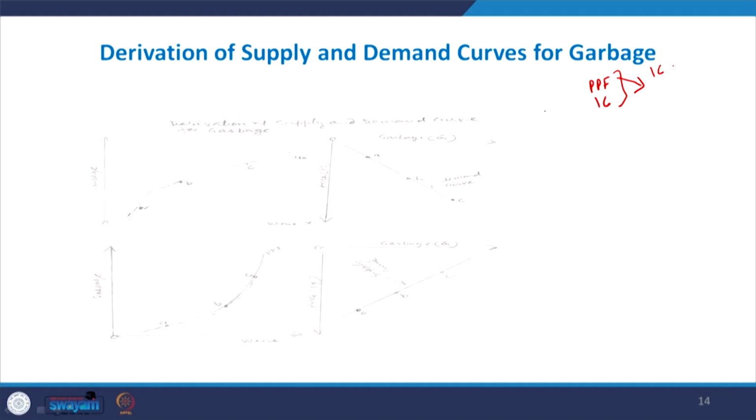Let me take the indifference curve first. Look at this, this is our indifference curve. We take two products, wine on the x axis and garbage on the y axis. Now, this is the utility curve, say U0 or indifference curve, IC. And this is not a conventional indifference curve because one product is good and the other is bad, which I already explained. Now, take the different price ratio